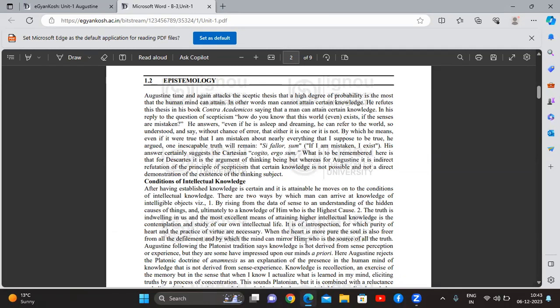उसमें आप लिखेंगे, मतलब ये skeptics का question होता था उसके Augustine को कि how can you be sure about the world? अगर senses गलत है तो आप कैसे बोल सकते हो कि the world is real? How can you be sure about the world's existence? How can you be sure about the world's reality if the senses are mistaken? So, इस पे आप लिखेंगे, Augustine would answer